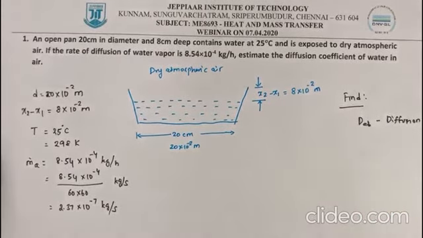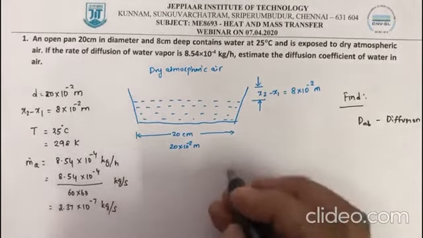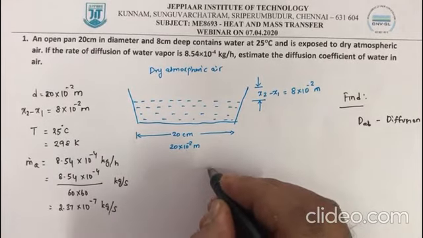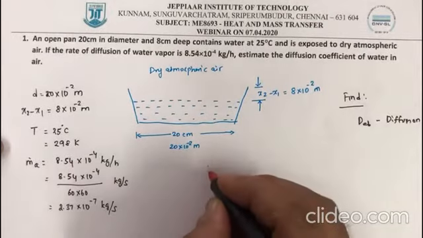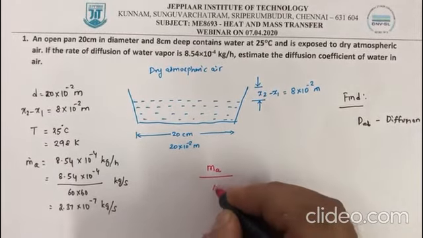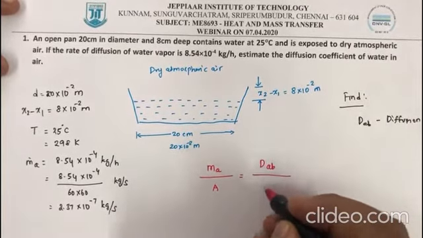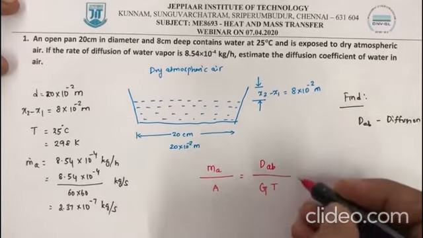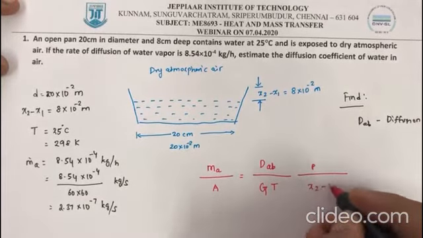Now we know that the molar rate of water vapor, which is available in the HMT data book, mass flow rate is equal to DAB divided by G into T, P divided by x2 minus x1,